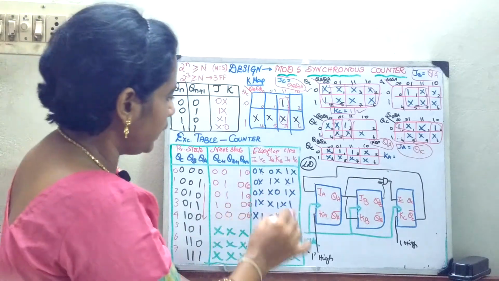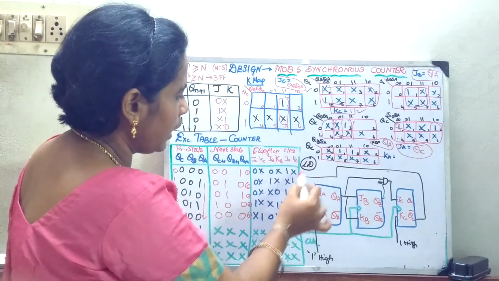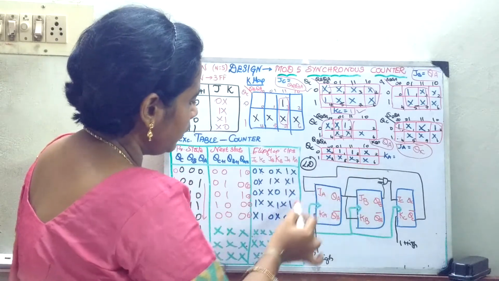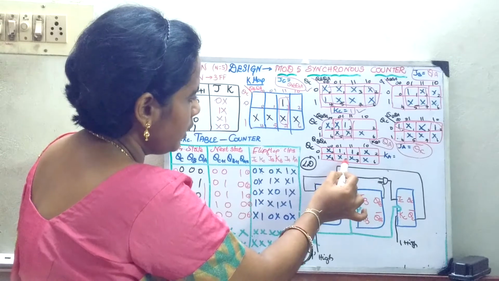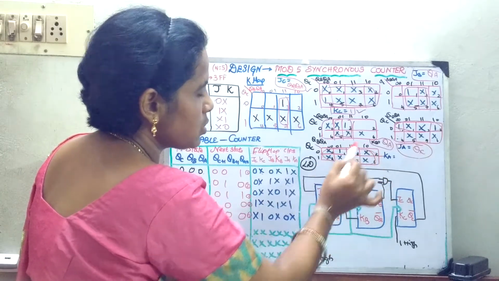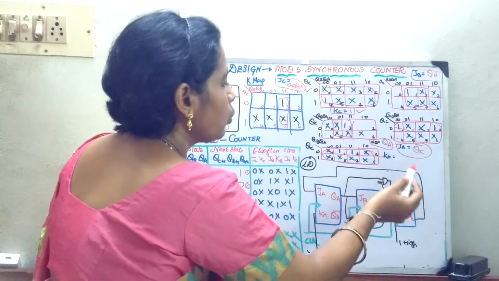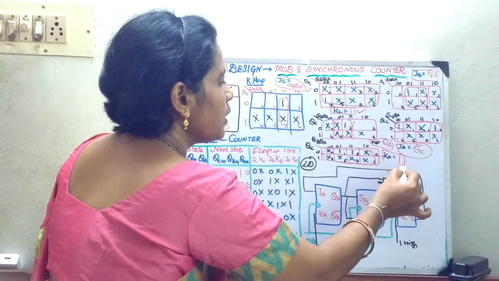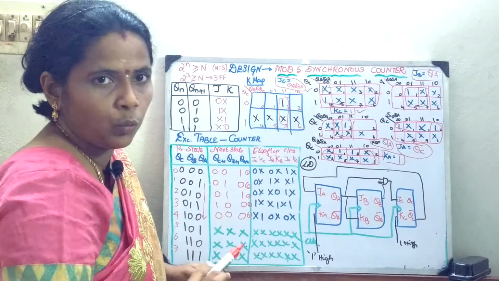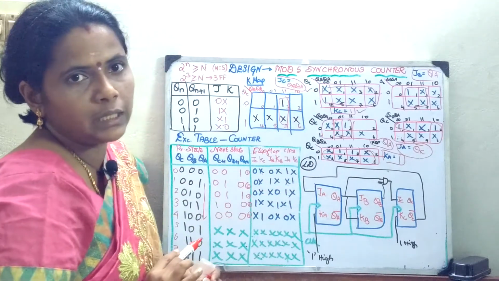Next, come to the KA. 0 is don't care. 1, 1, 3 is there. 2 and 4 is don't care. 5, 6, 7 is don't care. So in this case, I can group all the things because it consists of ones and don't cares. So I can go in for a higher cell grouping and my KA is 1. That's all. Once your K-map is done, you can draw the logic diagram.